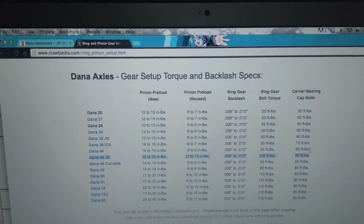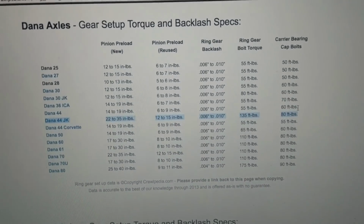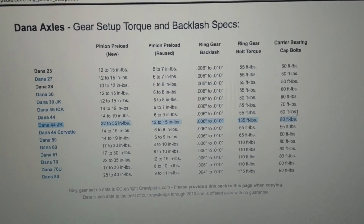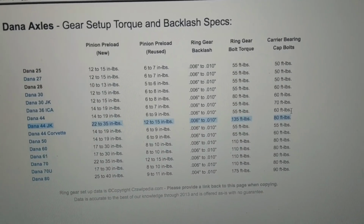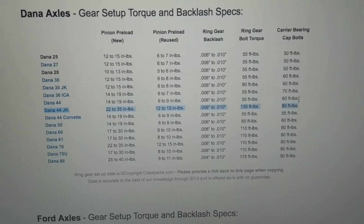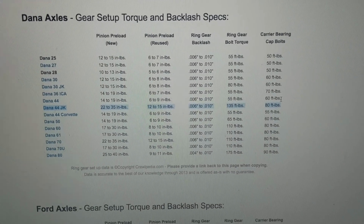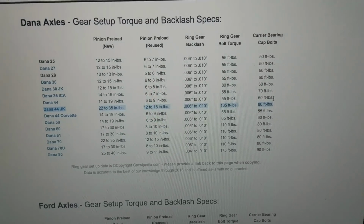Not too bad. If we look at this guy right here, Crawlpedia, it says that the Dana 44, like the regular one, is 14 to 19, but for the JK it's 22 to 35. So which one do you listen to, eh? I don't know, I'm kind of happy with where it's at. Everything seems pretty good, so...